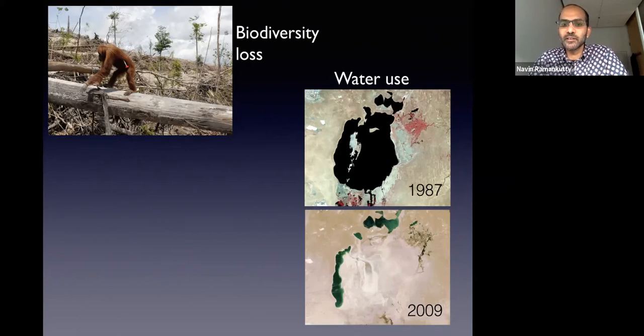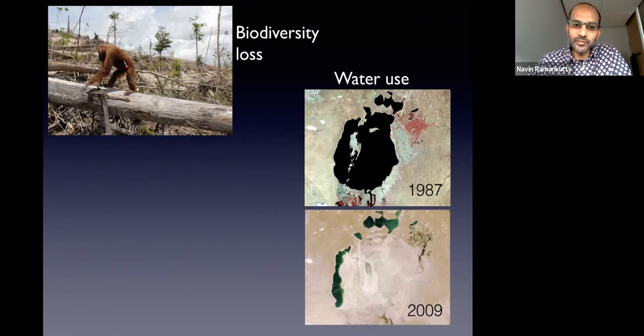And this is an image of the Aral Sea taken from satellites. The Aral Sea is in Kazakhstan in Central Asia. The first image you see on the top is from 1987, and the second image is from 2009. The Aral Sea has dramatically shrunk over this time period. And the reason is because they took the water. There were two rivers that fed the Aral Sea, and they diverted that water to irrigate cotton. So, the consequence of the fact that we use cotton for our clothes, like t-shirts, is that we depleted part of the Aral Sea.